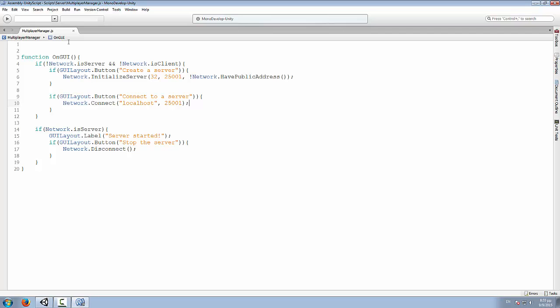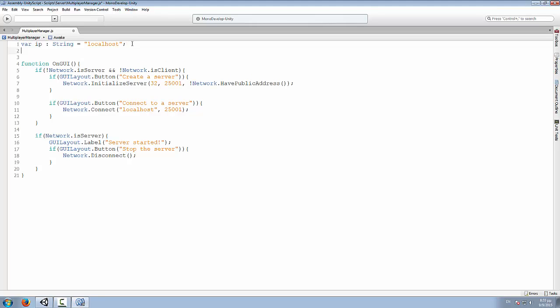But if your friends want to connect to you, they won't be able to connect to localhost. They want your external IP address. So we need them to type in your external IP. So create a variable, var, let's name it IP, and type in a string. Let's set it by default to localhost, so we don't have to type in localhost all the time. And then var port string is equal to 25001,